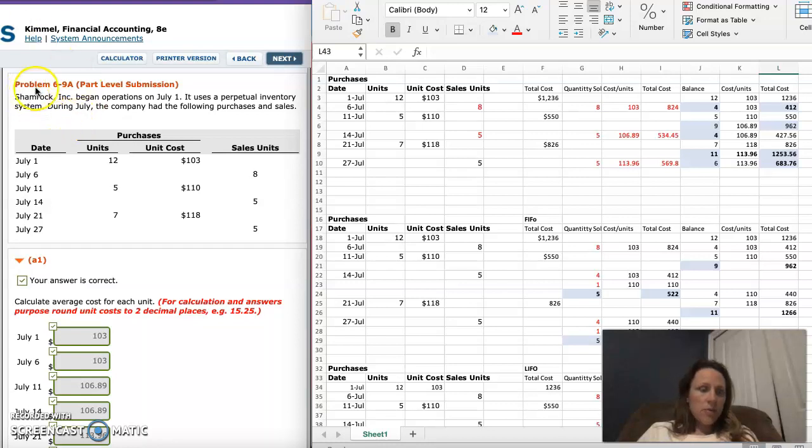Hi, I'm going to be going over problem 6-9A. I just copied and pasted this onto this Excel sheet over here. I added in some other